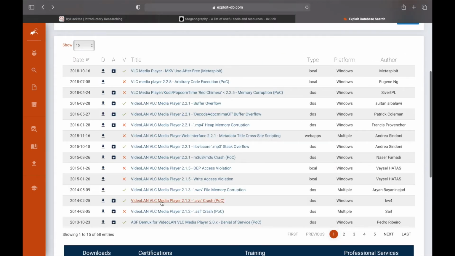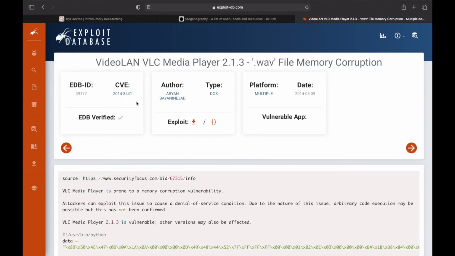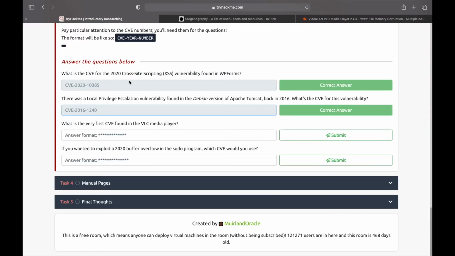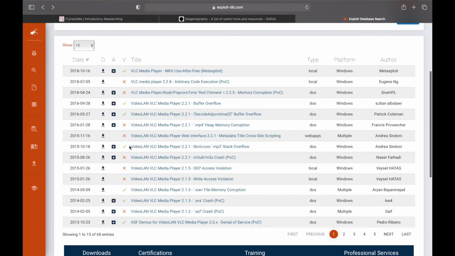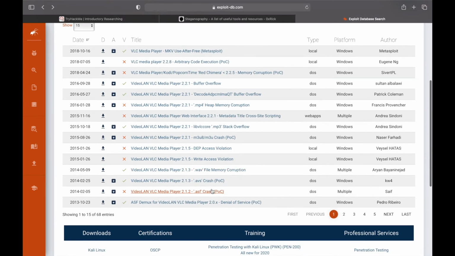Okay, AVS crash. We don't have memory file. We have some file memory corruption 2014-3441. No, that's not the correct one. So we'll search for any other thing. Stack overflow, buffer overflow.